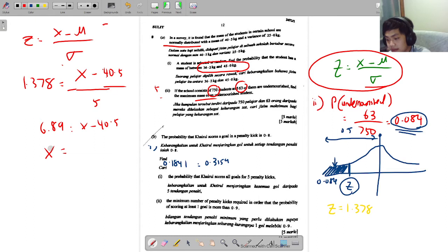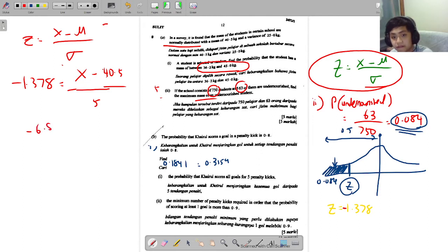So we get 47.39. Wait a minute, that's too big. Oh, sorry, this is a mistake here. Now z is not 1.378, it's actually negative, because I forgot to say that it's actually on the left side of the curve. So it's negative